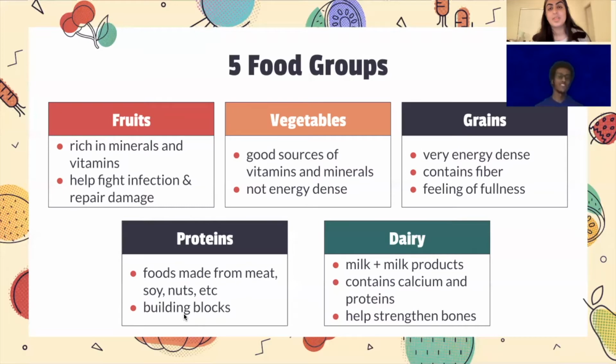And then the third food group that we have is grains. Grains are any food that is made from wheat, rice, oats, cornmeal, barley, and any other cereal. It's very, very energy dense. It provides us with a lot of energy, and it's what our body and our muscles rely on to sustain themselves with energy throughout our life, basically.